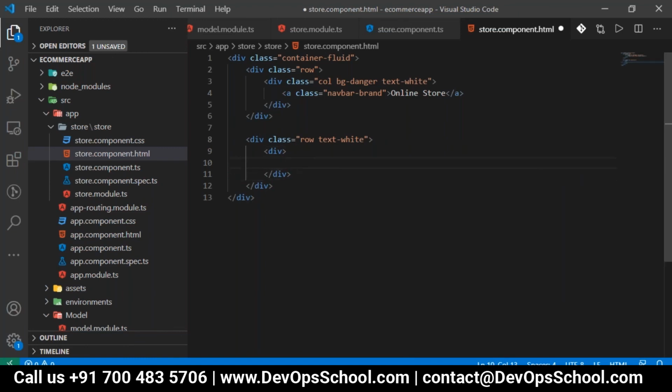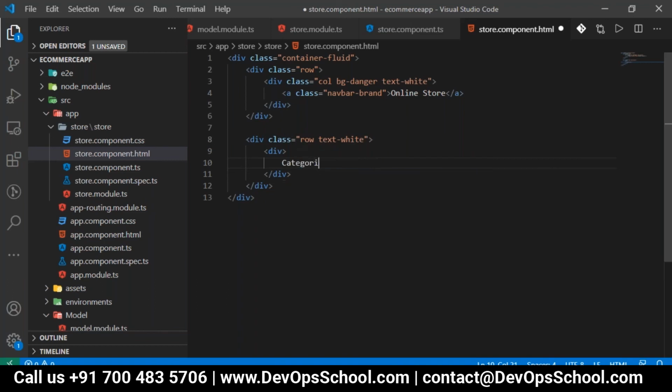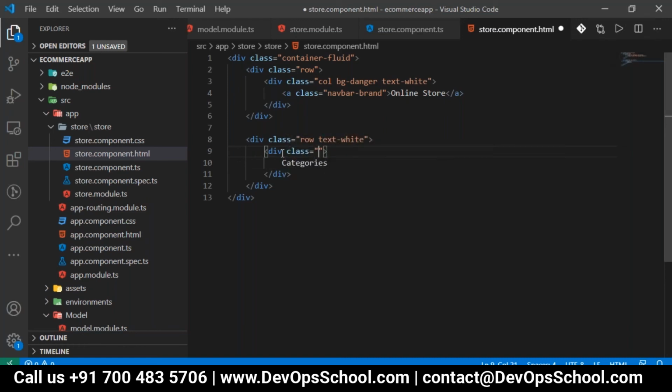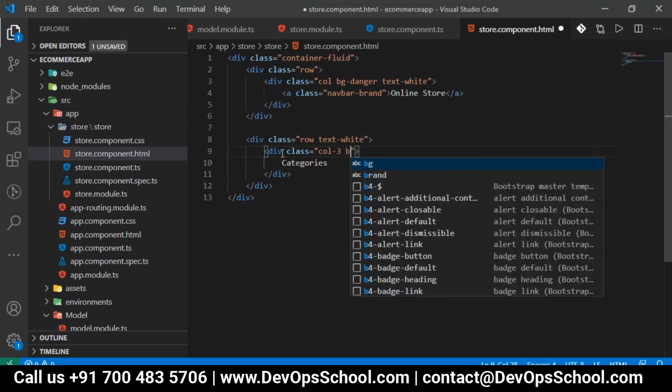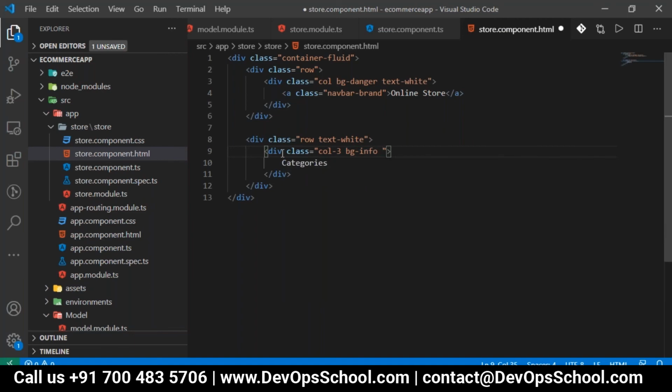As for categories, which is how many columns we wanted. So according to that, we have CSS classes for Bootstrap, which is called col-3, and it should be bg-info, background info, and padding of 2, which is p-2.